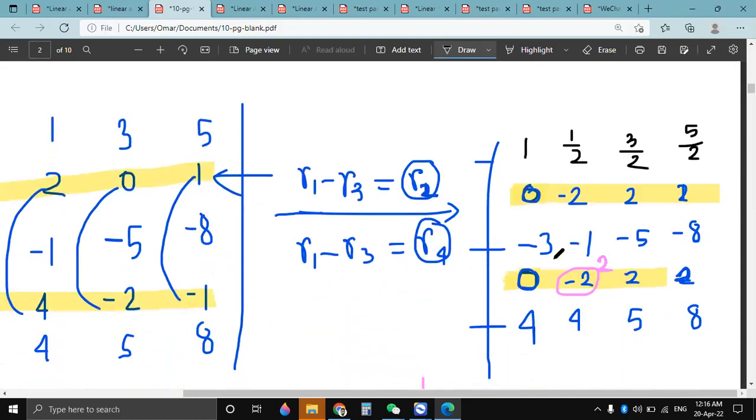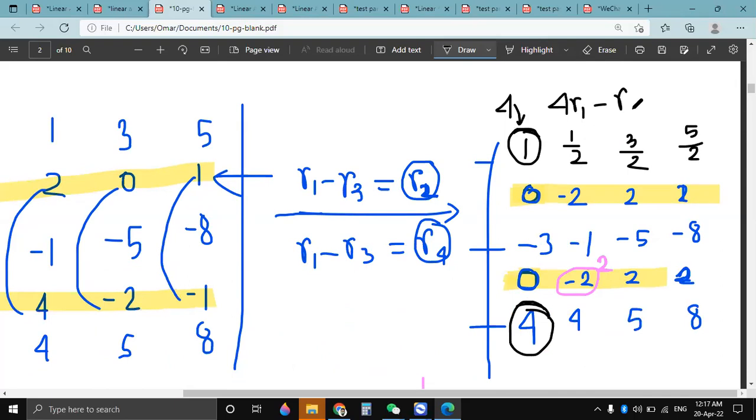Okay, so now you see, we have 4 here, right? And we have 1 here. So if I multiply 4 with the first row, so I will get 4 here, right? And then I subtract the first row from the fifth row, or then I do this way: R4 into R1, and then minus R5, right? So I will get a 0 here, right? So I will substitute the value in row 5. So I will get 0 here, right? So this way,